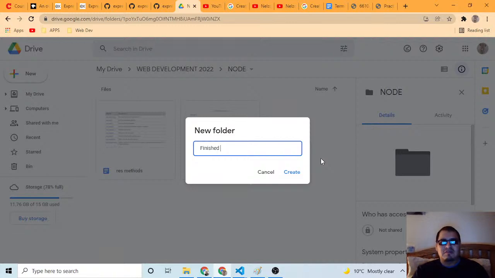Finished 2022 Node.js finished running codes. Node 2022 Node.js running codes. Okay, it's running.